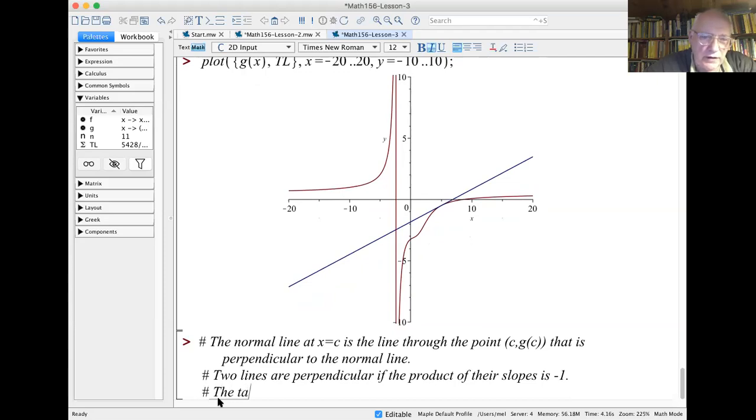We call the tangent line has slope derivative of the function at c